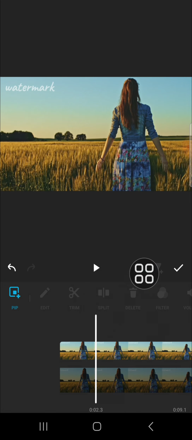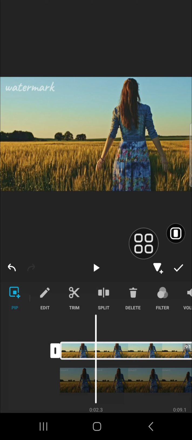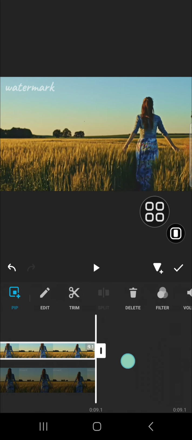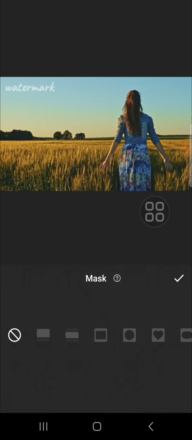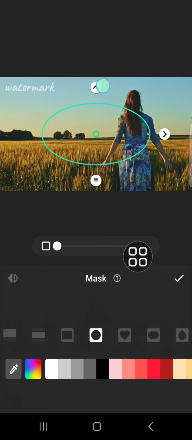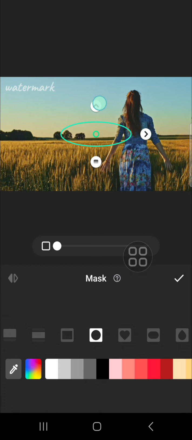Then go to the mask option. You can tap on your second video and then select the mask option. We're going to use the mask to remove the watermark. I'm going to go with the circle mask, and we can adjust the size of the mask like this. And you can take another part of your video to cover the watermark like this guys, and then you can